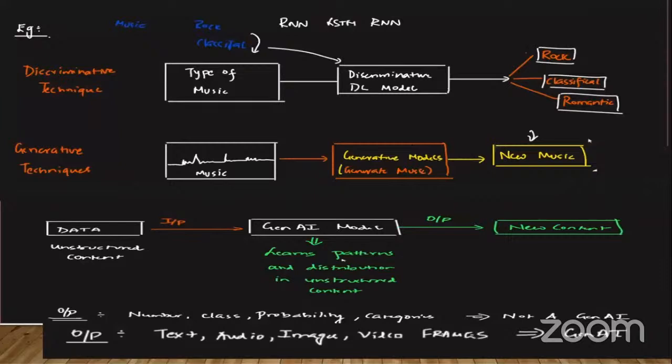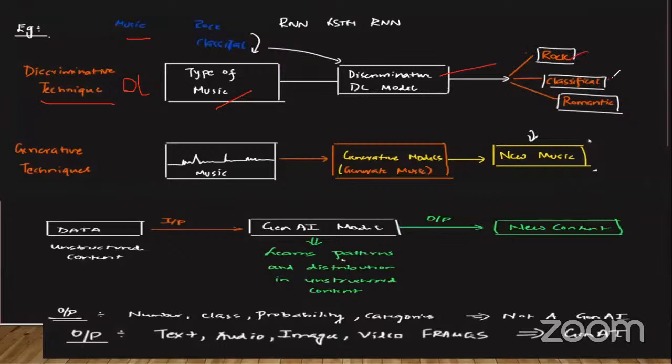Try to understand what is happening in the discriminative techniques and what is happening in the generative techniques. If you look at the diagram for the discriminative, even if you are using any text or music data, here I have taken an example of music. If it is a discriminative deep learning model and I give it music, I'm also telling it the type of music, let's say rock and classical, because it is supervised learning, so I am giving it also the classes available in this music. At that time, this discriminative model will be able to classify the music